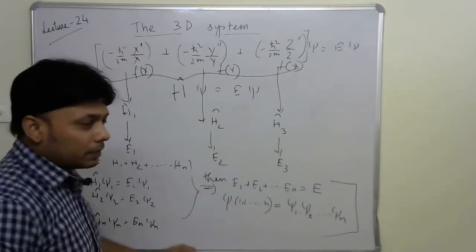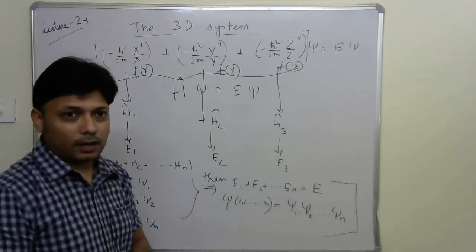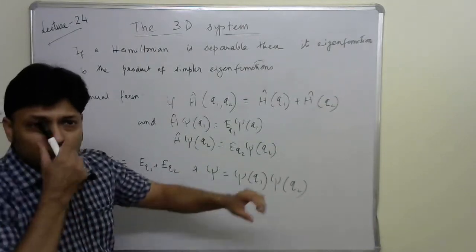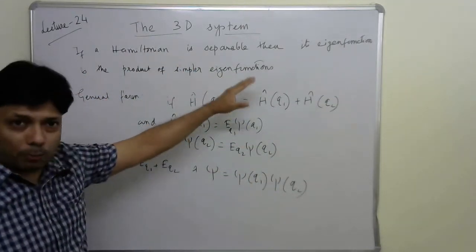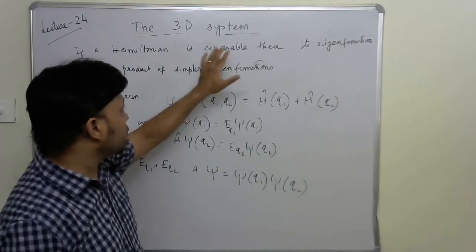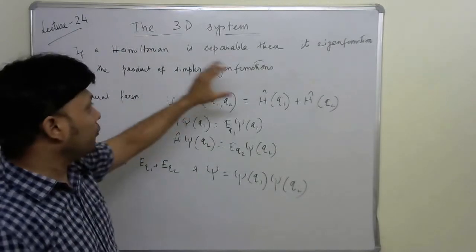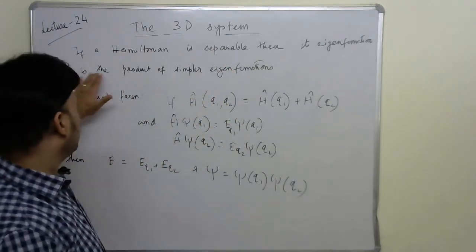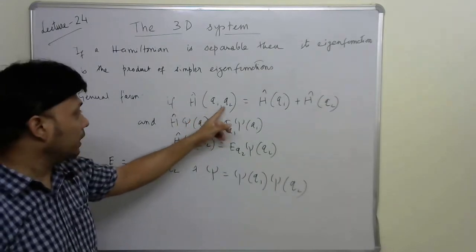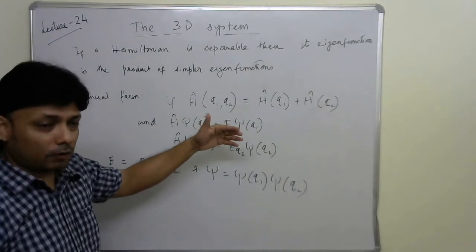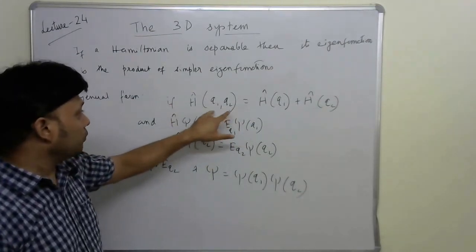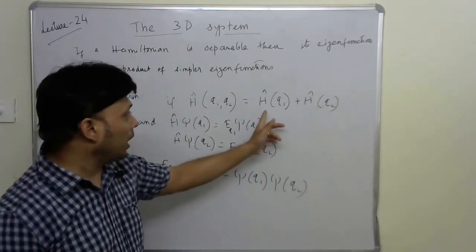So in more formal words, I am going to rewrite the statement with a formal general expression, so that we have learned from today's lecture. Okay, so here we go. If a Hamiltonian is separable into some smaller sub-Hamiltonian operators, then its eigenfunction, meaning the eigenfunction corresponding to the original bigger Hamiltonian, is the product of simpler eigenfunctions. So that is what the general form says: if H is a function of two coordinates, q1 and q2, where these represent the coordinates, meaning for a particle in a 3D box, q1 is the x direction, q2 is the y direction, etc. So if H is a function of q1 and q2, and if H can be broken into Hq1 plus Hq2 separated,